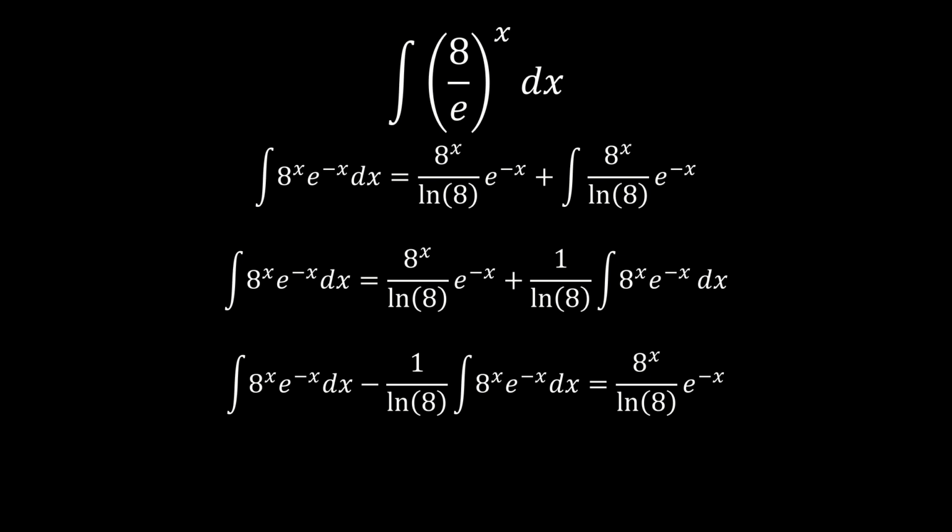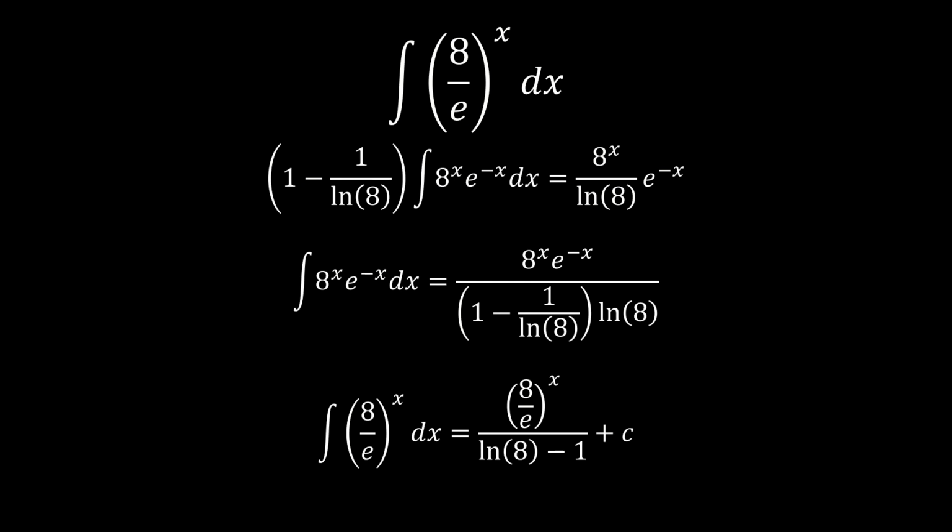We can pull out like terms and do the following. We have the quantity of 1 minus 1 over the natural log of 8 times our starting integral equals 8 raised to x e raised to negative x over the natural log of 8. Divide by that constant